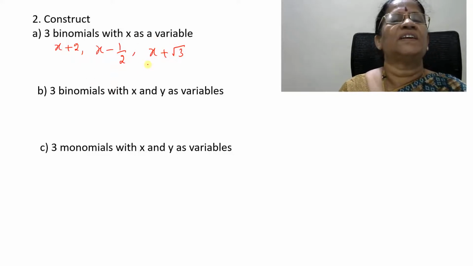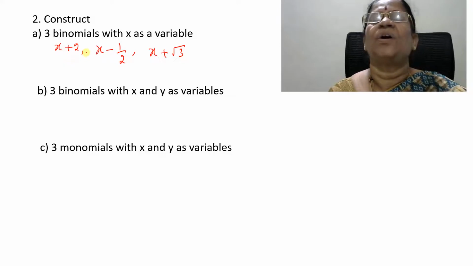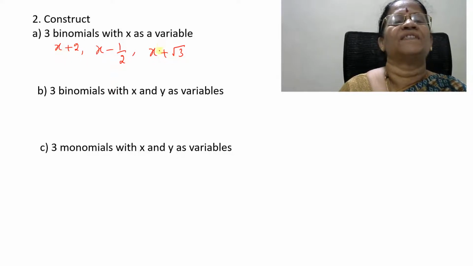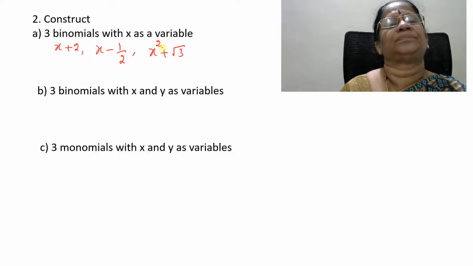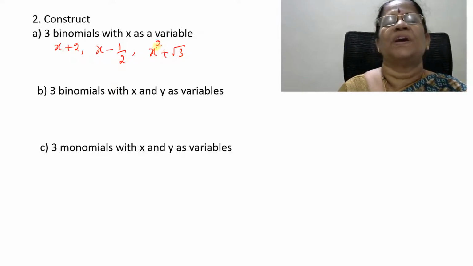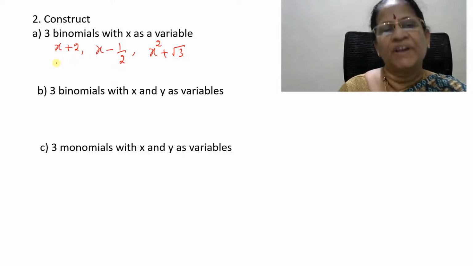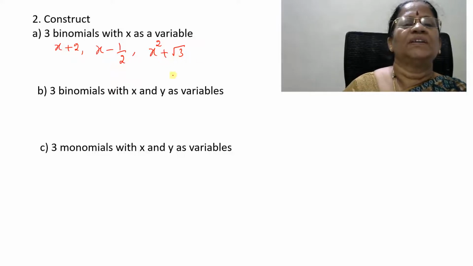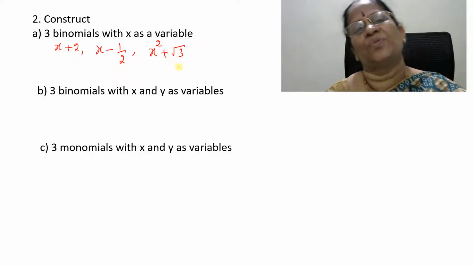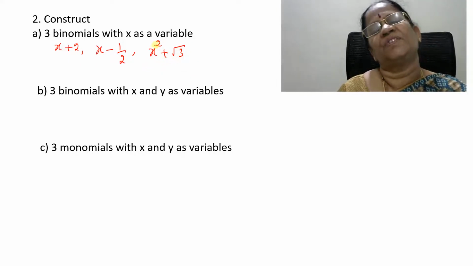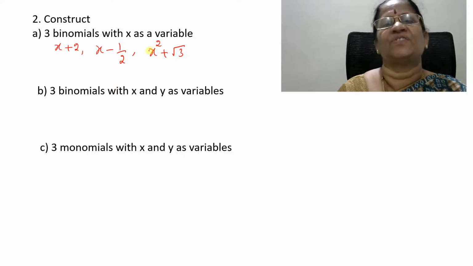So, in all these three examples, all the expressions have two terms which are separated by plus and minus sign, and the variable may be x square. X is the variable, here the power is 2. Okay, so all these are binomials with x as the variable. Here also don't bother much about this root 3 because it is a constant term and the variable is x whose power is 2. I hope it is clear, children.